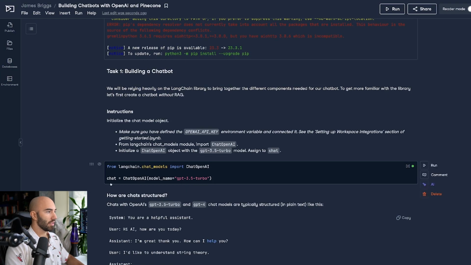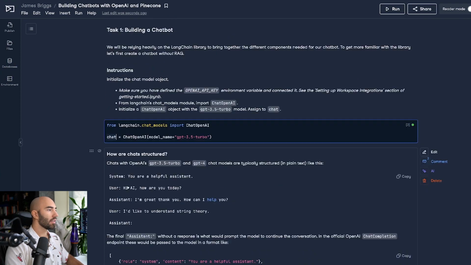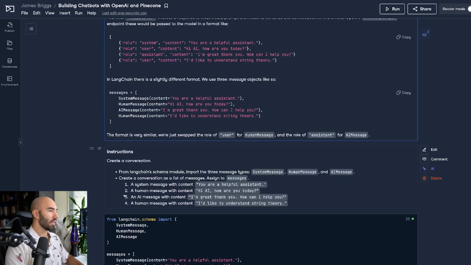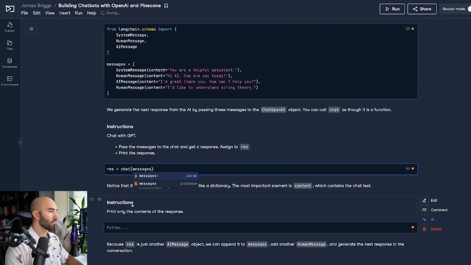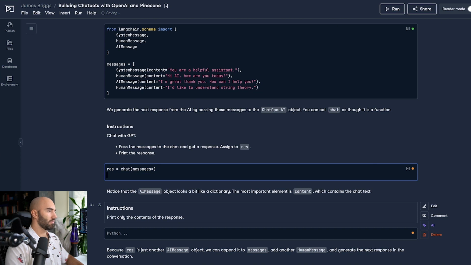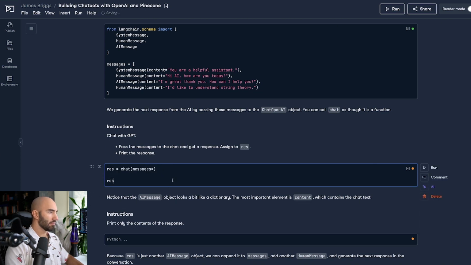So this model here, we have chat. Let's take that and pass these messages into it. We're going to pass it into a response object, and we're just going to pass the messages in their current format to that endpoint. And let's see what that gets us.